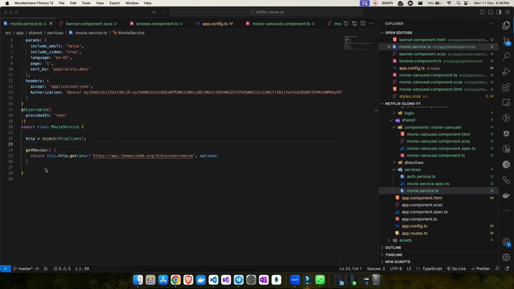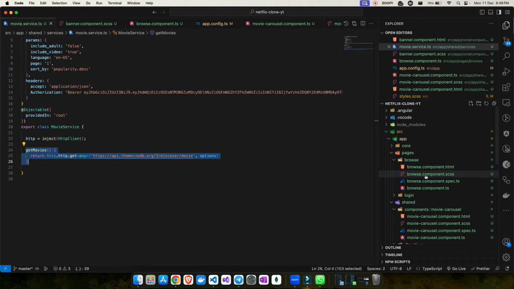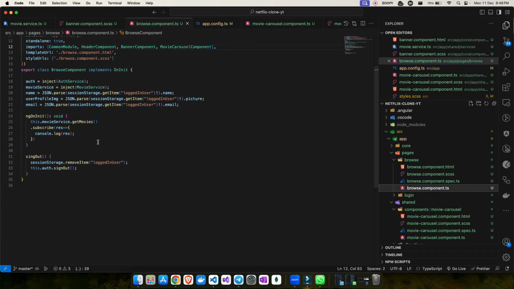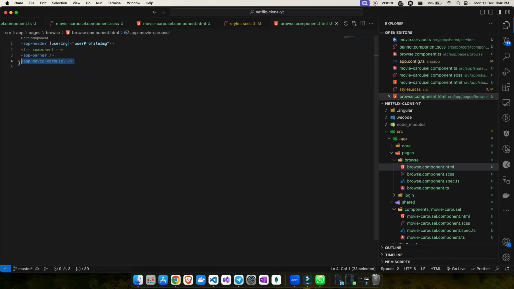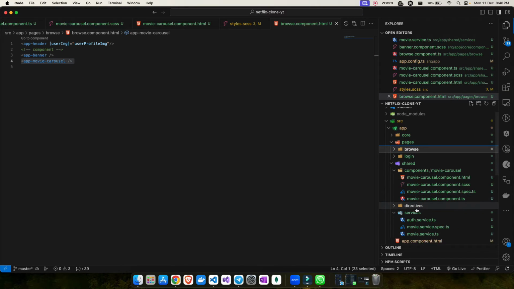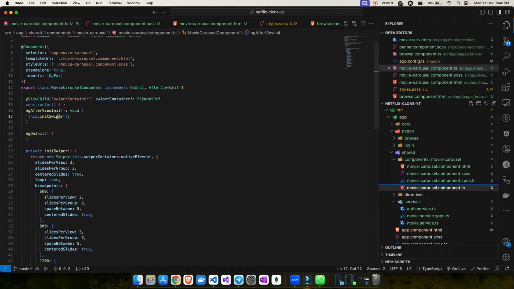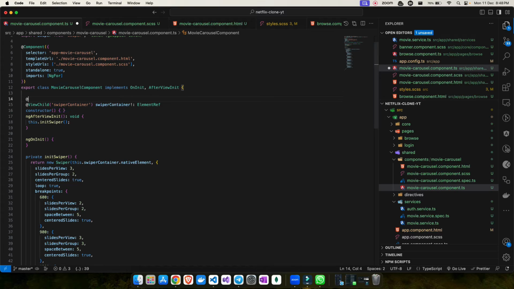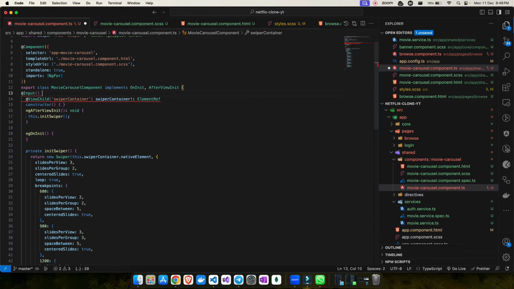All right, so now let's use this API endpoint which we have already used in the browse component. In the browse component we are doing the API call, and we will make use of this data and display it in the app carousel. So we will try to make it dynamic. To do that, we have to make use of @Input, and make this a child component. So let's go ahead and create an input property @Input, and give it the name videoContents, and that's it.